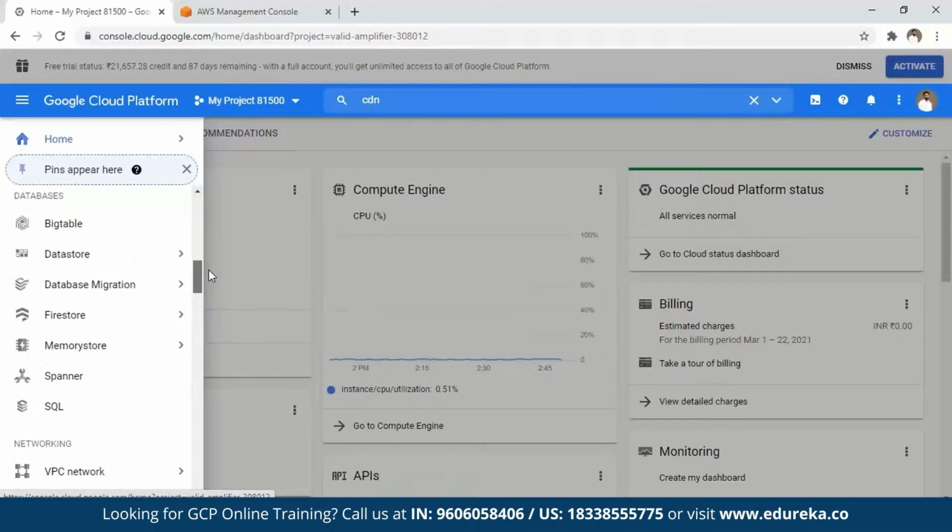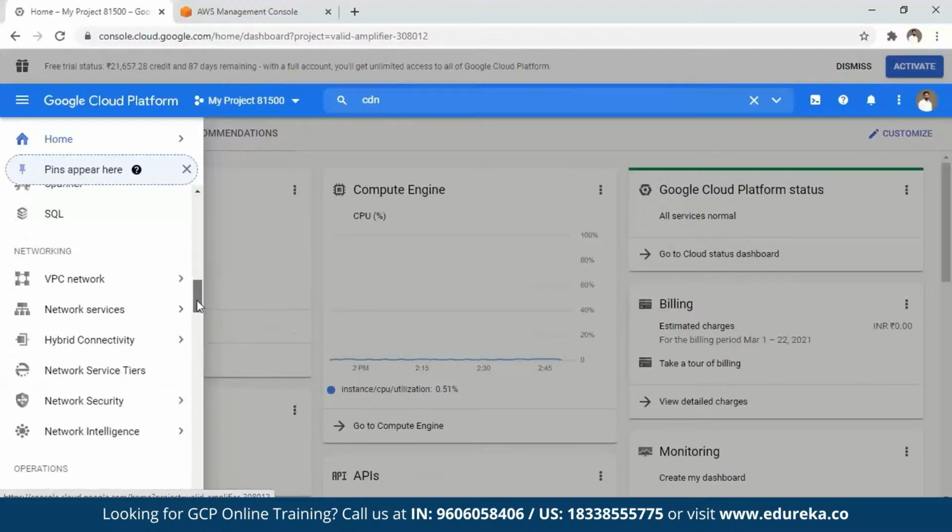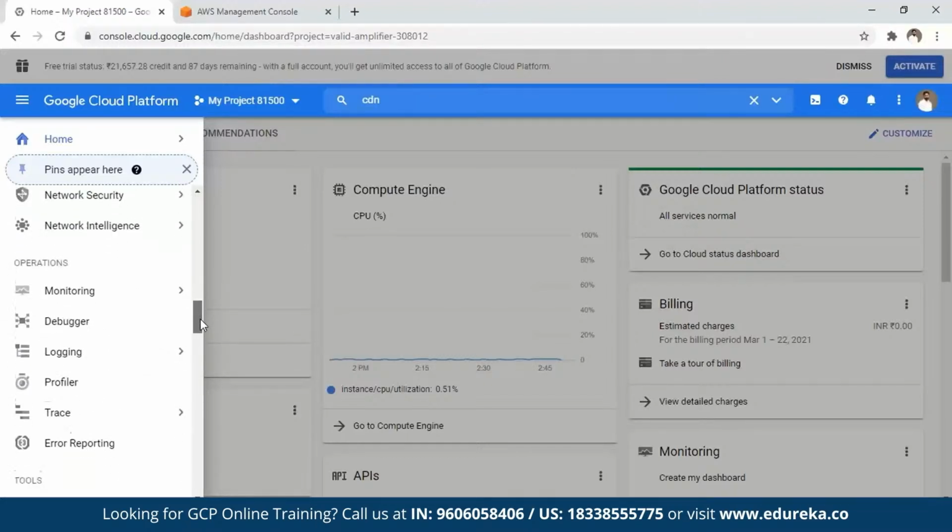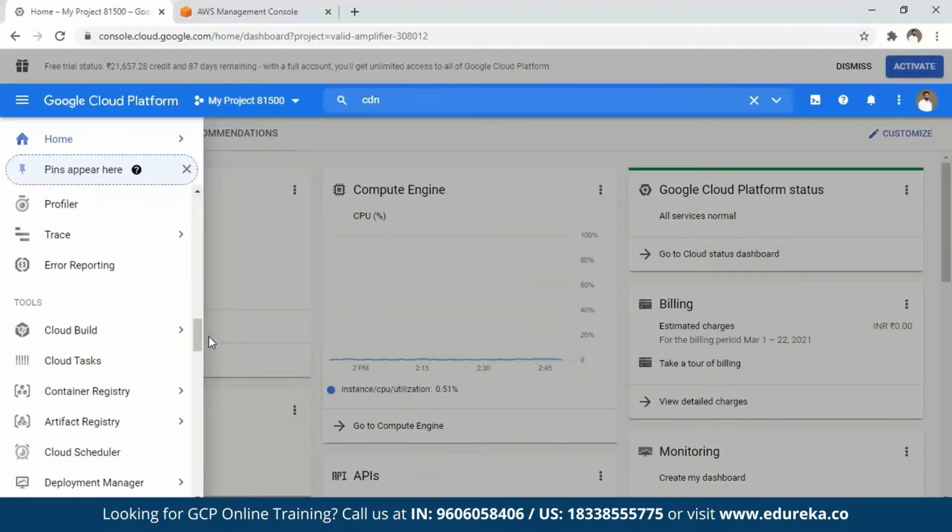If you remember. So these are the databases, right? The Bigtable, Datastore, the NoSQL databases that we discussed. You also have your Spanner, which is again a database service. Cloud SQL is something that stores your SQL data. Monitoring is a few things we discussed.